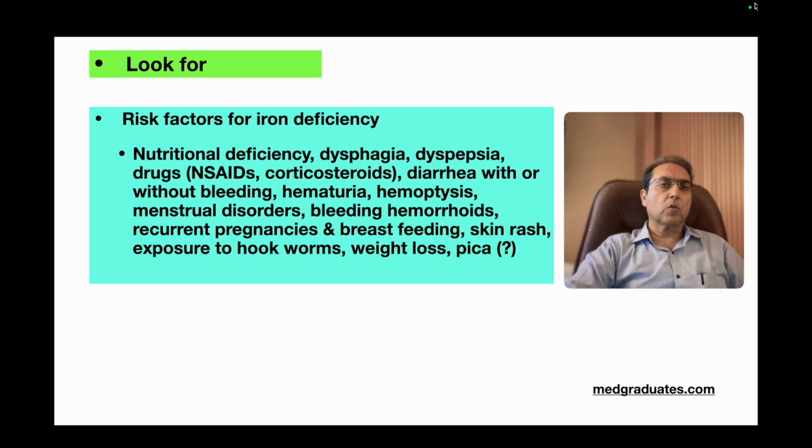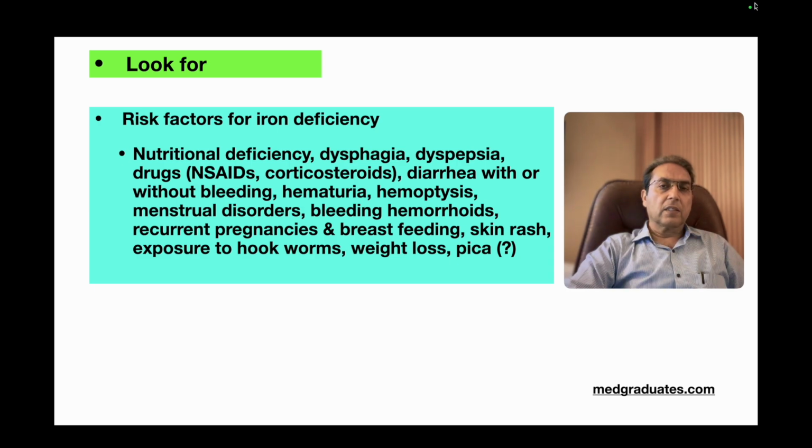And then there is a condition called Plummer-Vinson syndrome, when there is dysphagia and there is iron deficiency anemia. Dyspeptic symptoms may have underlying reflux disease, gastric ulcer, or duodenal ulcer as the cause of dyspepsia. Then drugs which can disrupt the gastric mucous membranes like non-steroidal anti-inflammatory drugs, and especially if combined with corticosteroids, that can be a disaster. Then diarrhea with bleeding in inflammatory bowel disease, diarrhea without bleeding may be seen in malabsorption states